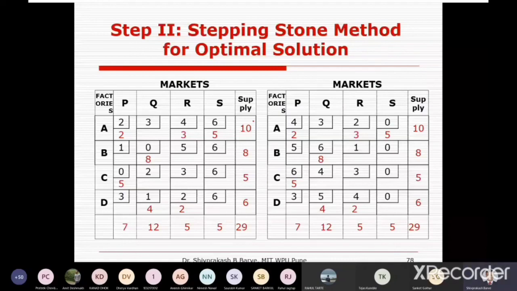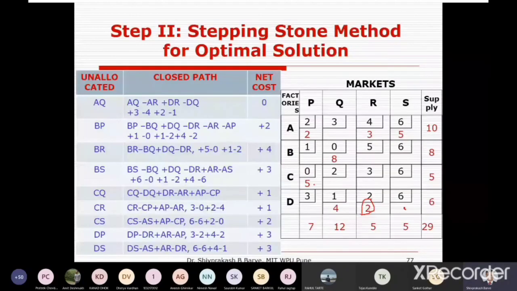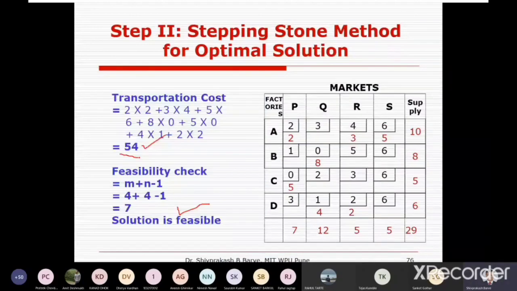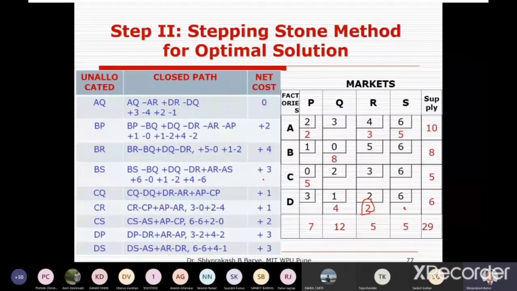So now in the result table, what is changed here, or how can this problem be converted into the maximization type, so that the total cost is for the maximization type and not for the minimization type. For the minimization type we have calculated here, and I got 54 as the minimum cost. But I want to calculate how much will be the maximum cost. In that case, I have to consider these allocations, but here I have to consider the original matrix. So this is the original matrix.